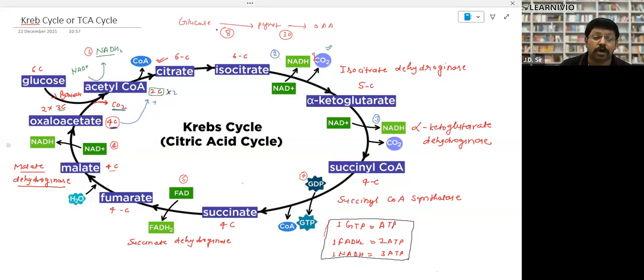This cycle is called the tricarboxylic acid cycle or citric acid cycle, because citrate or citric acid is the first stable compound. It was discovered by Hans Krebs, that's why it is called the Krebs cycle. So this complete process is the burning of acetyl coenzyme A or burning of glucose, and that's how the generation of energy takes place. Okay, if you have a doubt anywhere.